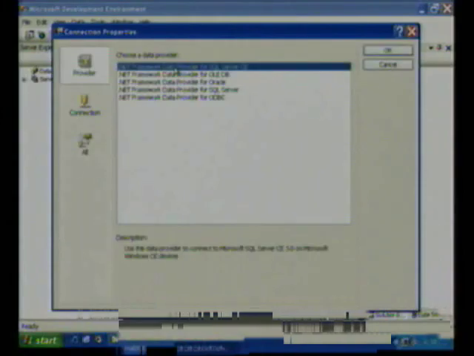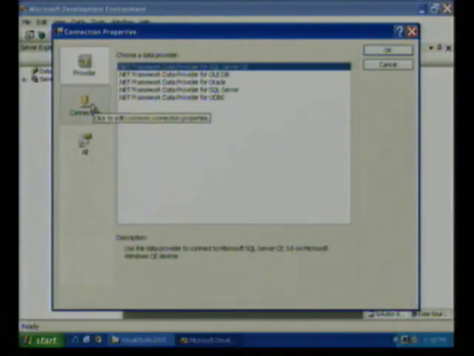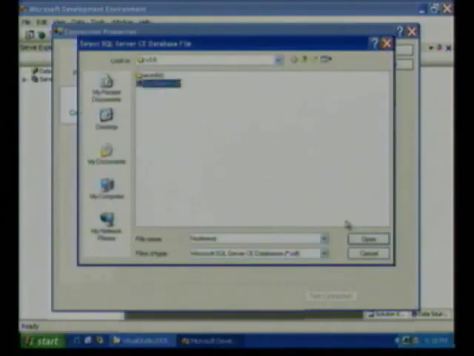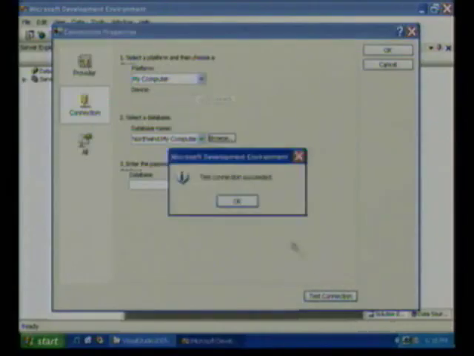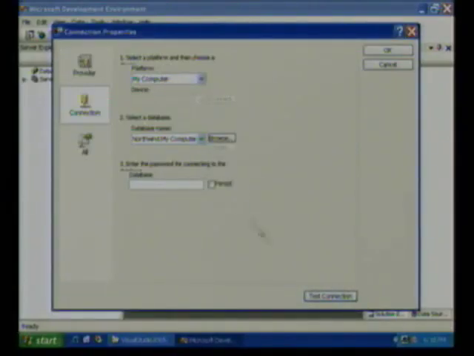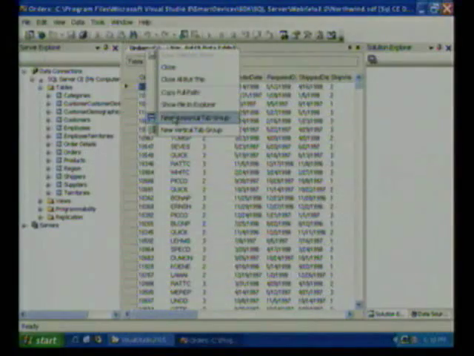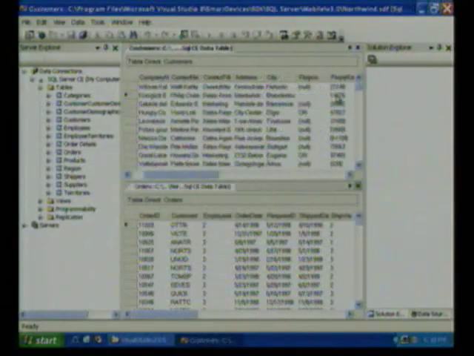I can come in, and some of the new stuff that's in here is I could say I want to do a SQL Server CE database. I want to go to an existing connection so I can browse to this database, test the connection, click OK. And what I'm going to do is I'll have an expanded view where I can manipulate and modify the data. So I can open up this, use some new features that are in Visual Studio 2005, page the data this way. And the best thing is I can now go in and directly edit the data and manipulate